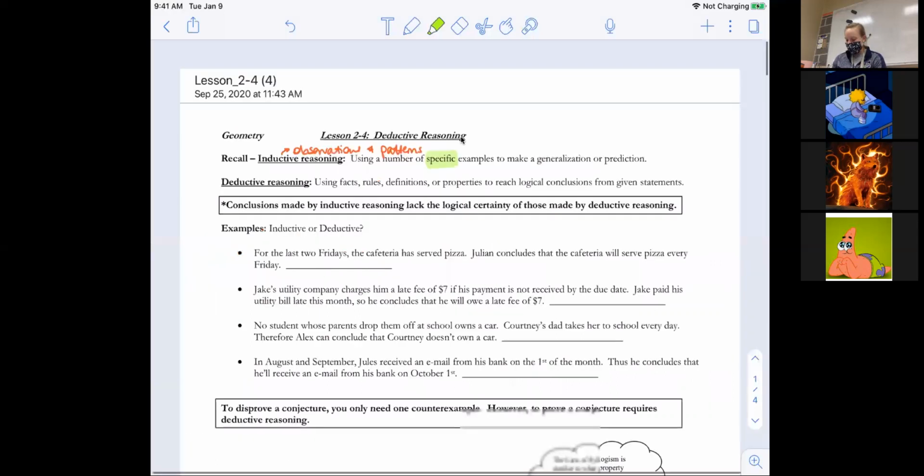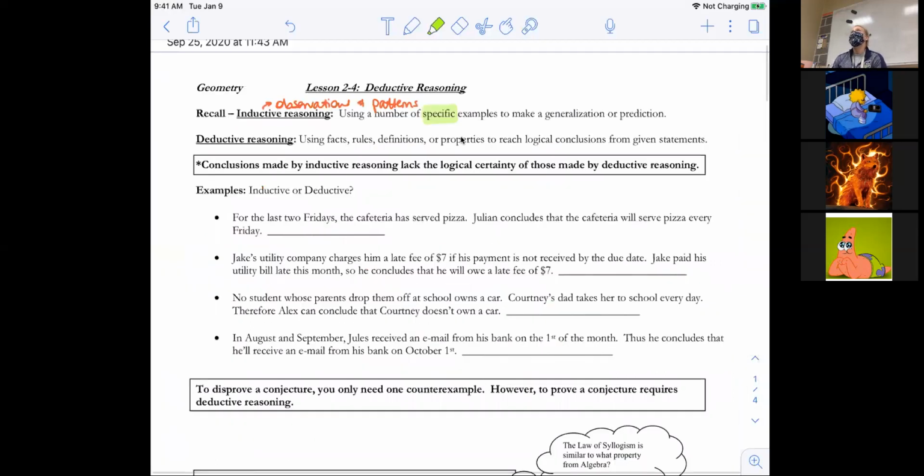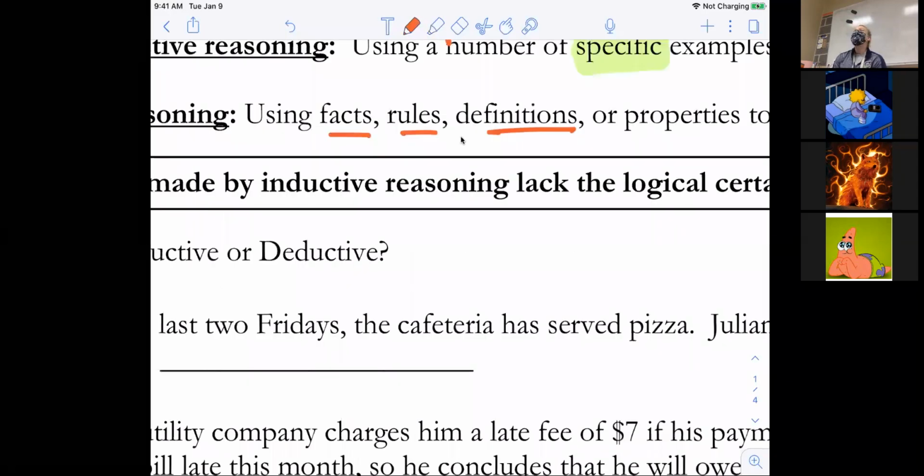So I gave you specific examples like this number, then this number, then this number. Those are specific examples of a pattern we can find. Deductive reasoning is new for us today, and it's using facts and rules and definitions and properties. So those are things you just know. It's like if you add 1 + 1, it's 2, right? That is a fact. A rule is that you're supposed to wear a lanyard, right? That's not an observation or pattern. That is a rule at the school. So if I said something about lanyards, it would be a rule or deductive reasoning.